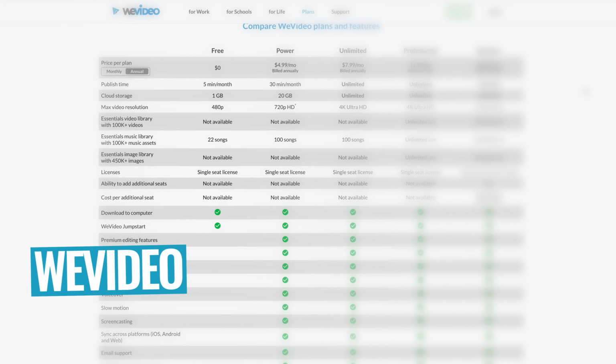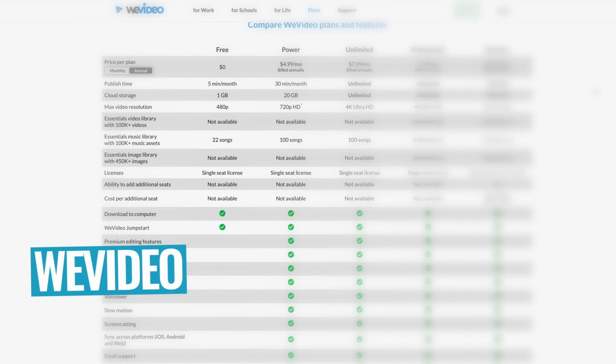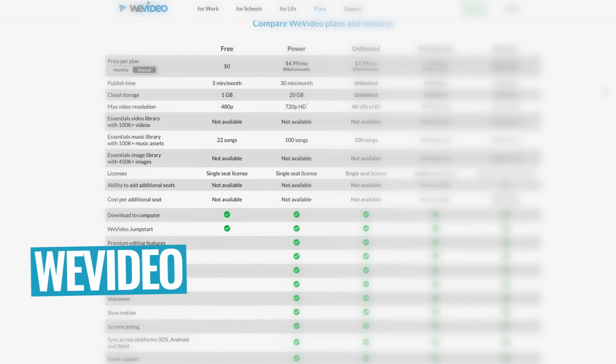The biggest downside though with WeVideo, the free version, is that it is limited to a 480p resolution export. So it's a pretty low quality export while you're just using their free version. They do have paid versions and we will cover those soon, but WeVideo is definitely the best option for free